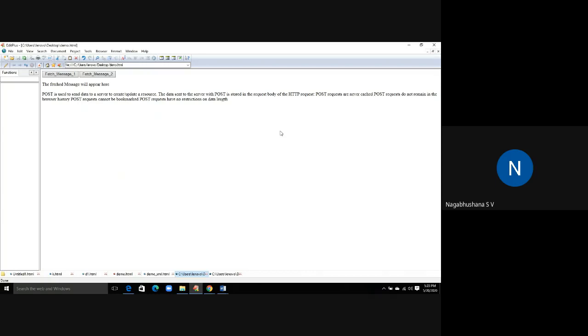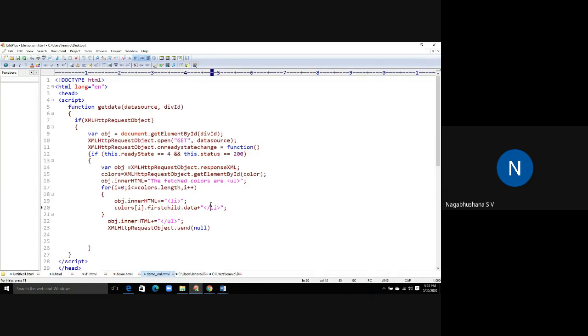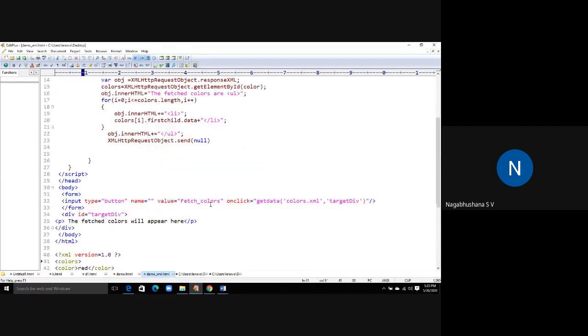Next what we will do is demonstrate the concept of connecting XML to Ajax. What is XML?